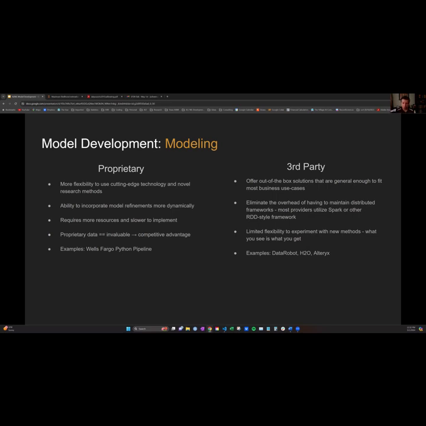Again, when you have millions or billions or trillions of rows of data, that can be a huge headache to account for, because if you read a research paper, you first have to translate that into Python code, and then you have to translate that Python code into a distributed framework, whether it's PySpark or Apache Spark or whatever. So the vendor doing that for you saves you a lot of time in that sense. But the drawback is there's limited flexibility, and a lot of times they have a set number of algorithms that they let you use, and that's it. Examples of this would be DataRobot or H2O or Alteryx and so forth.